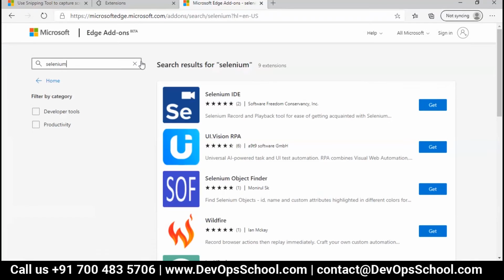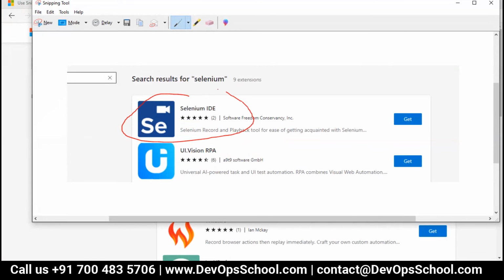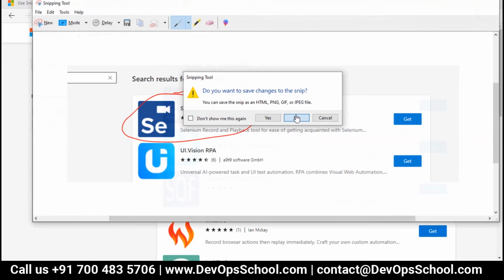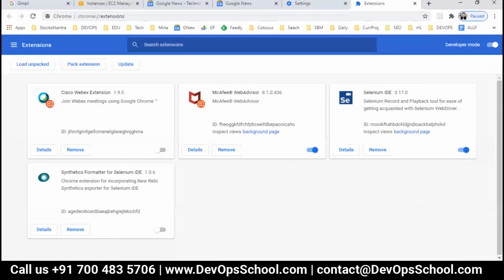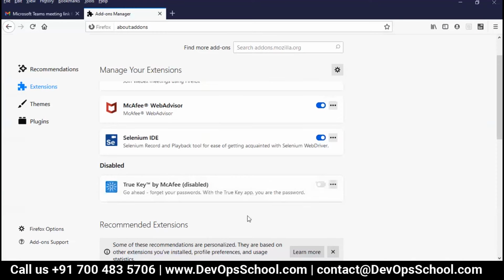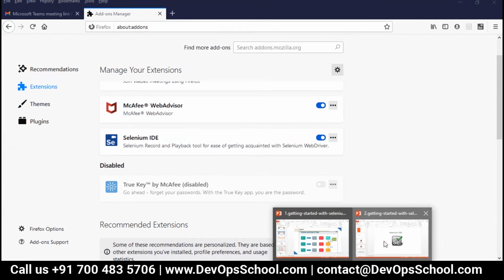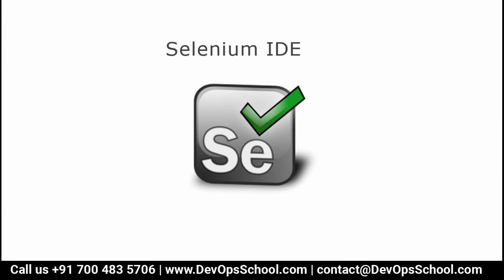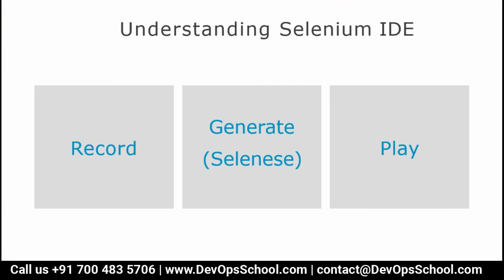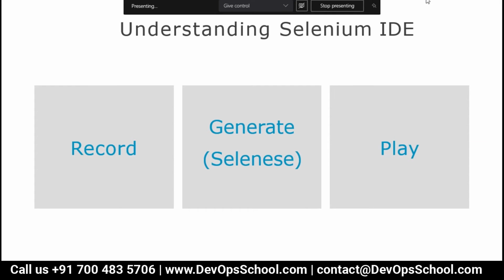Look at this. Edge I don't use actually, but it's inbuilt, so you can check this one out. So you can use any extension, any plugin. Primarily if you use Chrome and Firefox, that will be more, because most people use these browsers only. But if you want to write test cases for other browsers also, you can do that. So here this is the extension. So what can you do with this? Guys, using IDE you can browse any website.